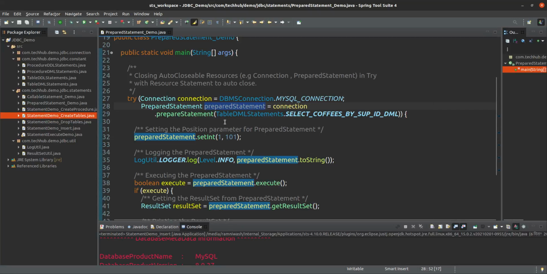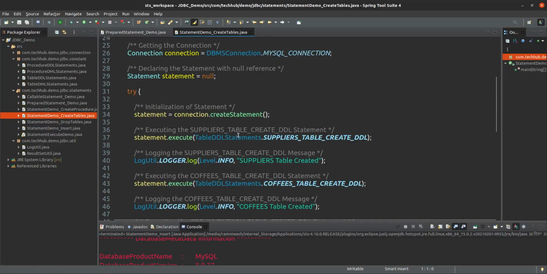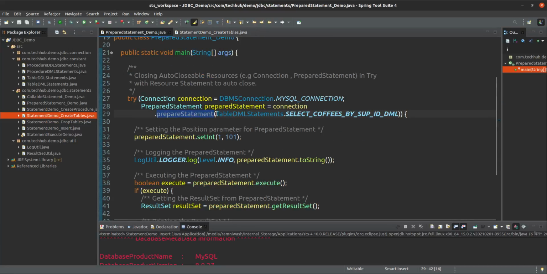And one more thing, using this statement, you can see we are creating statement here and we are not passing any query here. But in prepared statement we are passing the query. Why?